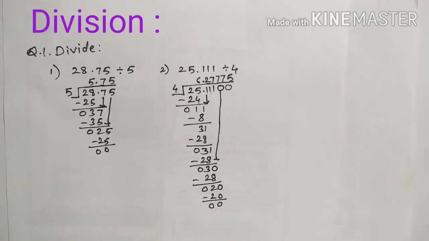Sometimes it will not happen. If the digits are terminating or recurring, then we will stop at 2 decimal places. It would be enough for the solution. Okay, now let us learn how to divide a decimal number by another decimal number.